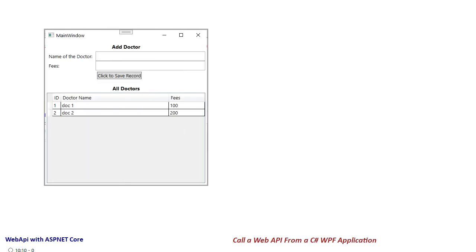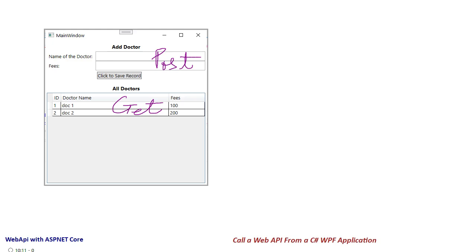In this tutorial, we shall learn how to call the various types of Web API from a C# WPF application. I have already created a WPF application that obtains a list of records from our Web API project and renders them in a grid. This is a get all Web API request that queries a collection of records. The same WPF window has a form for creating a new record, and this is done with a call to